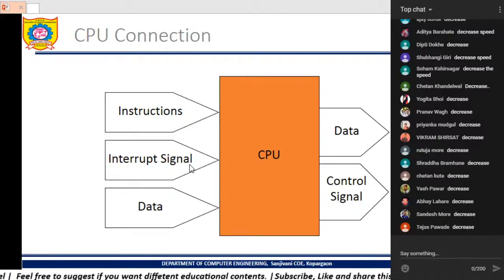So having these inputs, once the operation is done, the output data will be stored either to memory or given to the IO module for displaying. Or as per the instruction some control signals, or as per the interrupt signal some control signals will be generated, and according to that the next execution will be done. So depending on control signals, executions will be done accordingly.